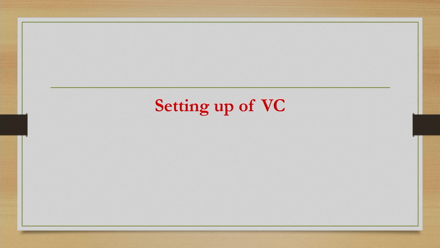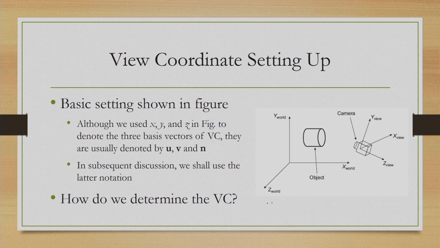Now, let us go one by one. First, we try to understand how we set up the viewing coordinate system. This figure shows the basic setting that we will be considering here. So, on the left side here is the actual world coordinate scene. This cylinder is the object in a world coordinate description defined by the three principal axes x, y and z, and then this is the camera